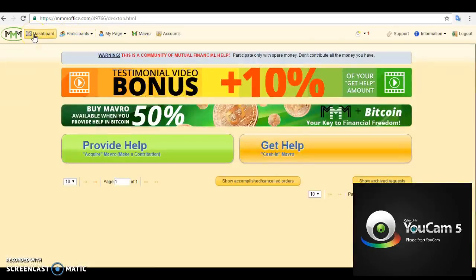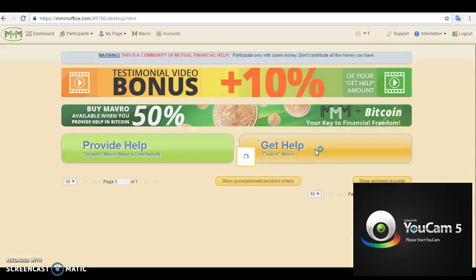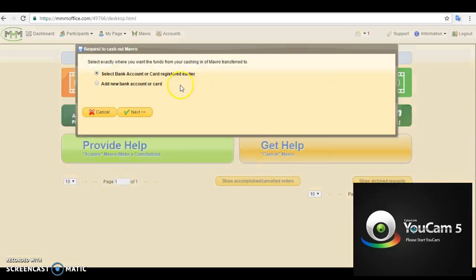And now this is how to get help when you want to get help. This is like I told you before, this is the PH tab, as in the provide help tab, and the GH tab, which is the get help tab. So because we want to get help, we'll click this tab, the get help tab, and then to take us to the next page,